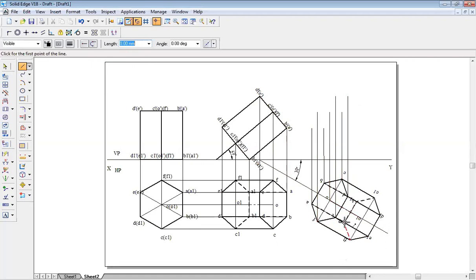Okay. Similarly, for the bottom face, A1 is on the XY line, so stop at A1 over here. B1 is also on the XY line, so stop at the XY line. C1 slightly above the line, so stop slightly above the line like this. Okay. D1 much more beyond the line, so stop it over here.